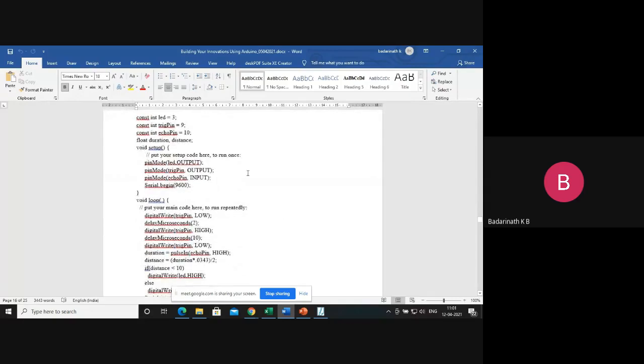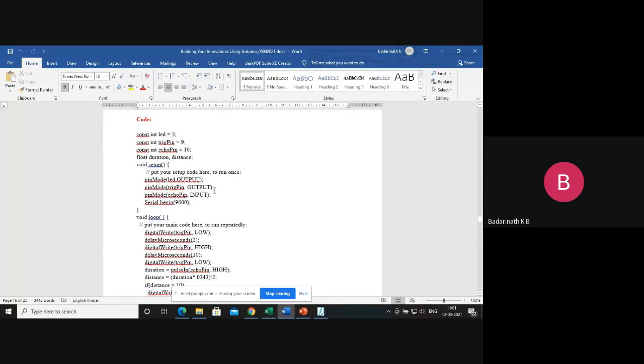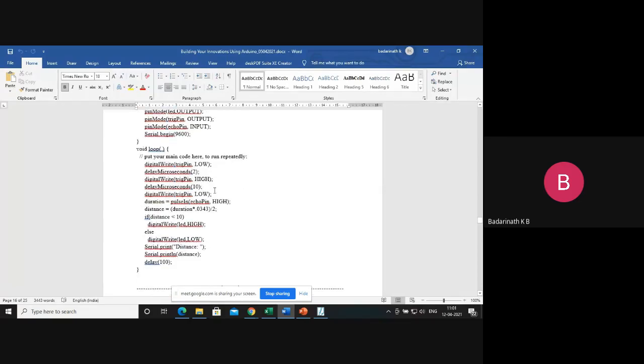What are the functions provided? Three functions are provided. One is the pulseIn function, an important function. First I write the trigger pin low and high; the first job is generating a 10 microsecond pulse at the trigger pin. After generating this pulse of 10 microseconds, I make the trigger pin low again: low, high, low. So the trigger is generated.